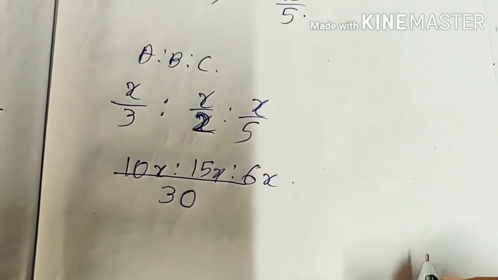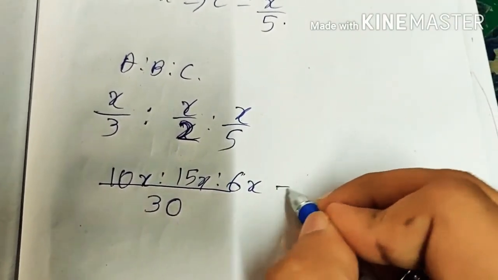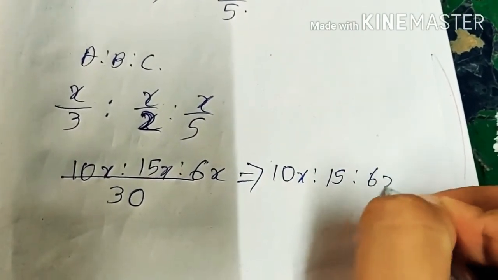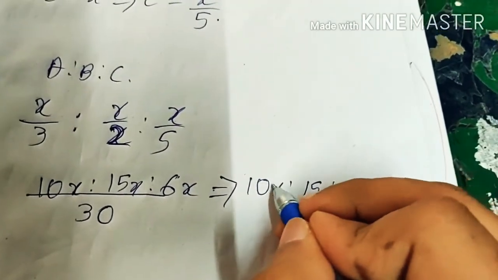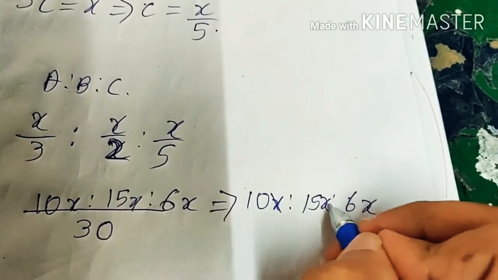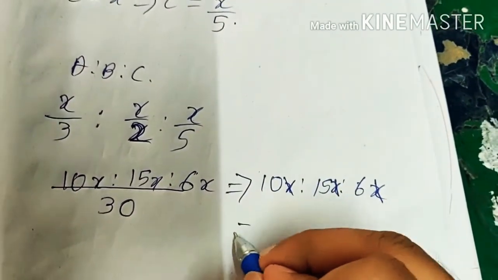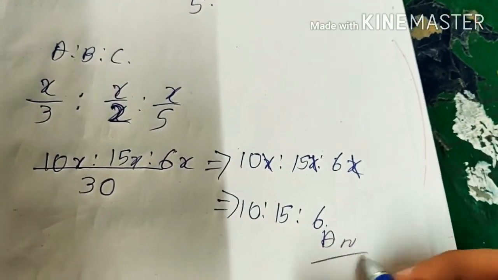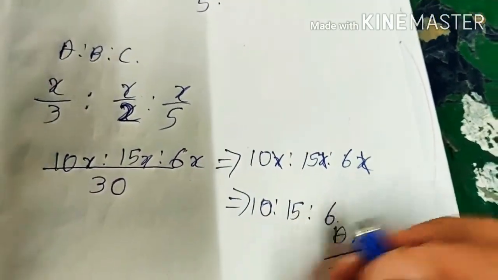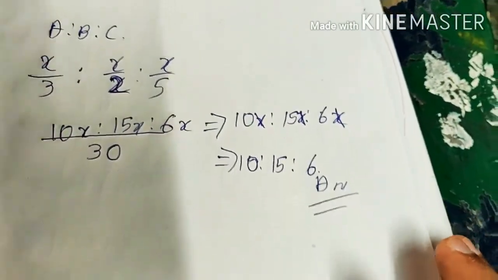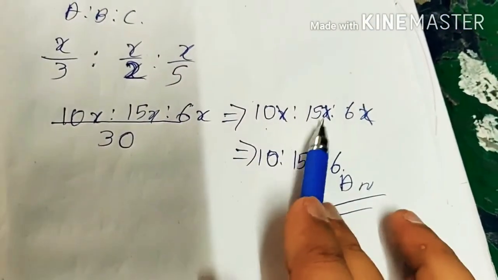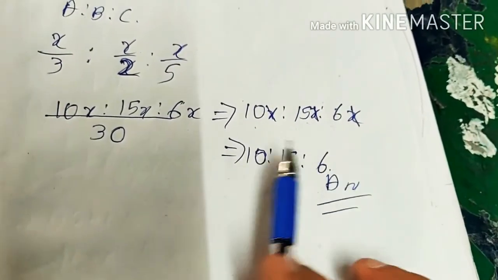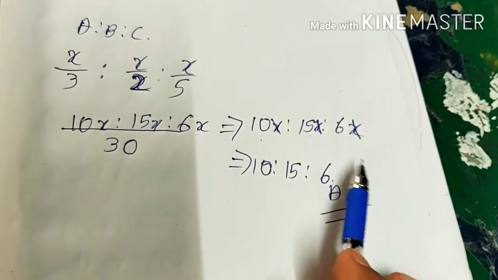Okay, so this can be written as 10X is to 15X is to 6X. So is there any value that can be reduced? Yeah, see, if we see X here is common to all these, so X can be directly cut. You can write it as 10 is to 15 is to 6. So this is our answer. As we see, ratio can be reduced by a same number if it is being cut by the same number. Here X and X was the variable that was in all three, and X can be reduced in all three. Okay, so we have reduced it.